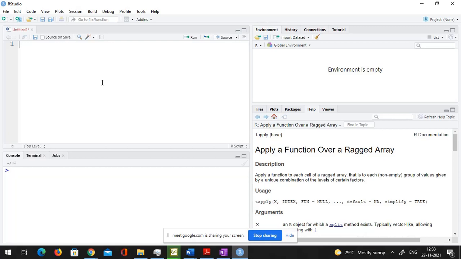Ma'am, both. Okay. So generally when I used to teach multivariate practical, I used to say that for multivariate and regression you should use R, not R Studio. From third semester onwards you should use R Studio, because R Studio actually gives you suggestions for commands, so you don't learn even the basic commands. So generally I used to say that in the first 2 semesters you should stick to R so that you are comfortable at least with the basic commands. You learn those commands by heart, and then from third semester onwards you can use R Studio.